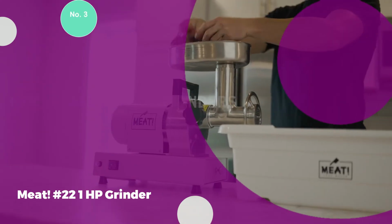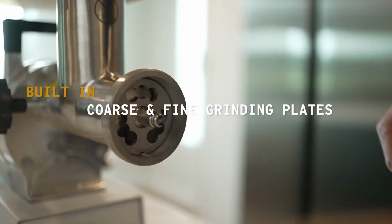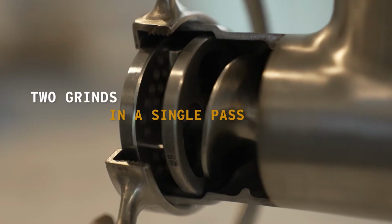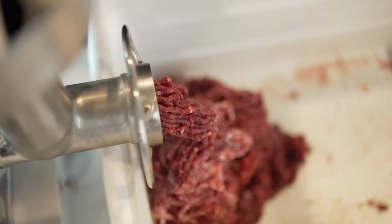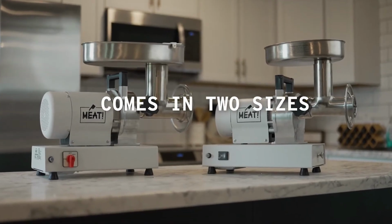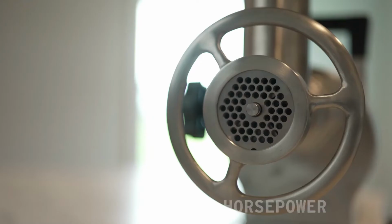Number 3. Meat Number 22 1 HP Grinder. The Meat Number 22 1 HP Grinder is a top choice for those who require a heavy-duty meat grinder capable of handling substantial quantities of meat with ease. With a powerful 1-horsepower motor and a grind plate size of 3.25 inches, this commercial-grade grinder is constructed from durable